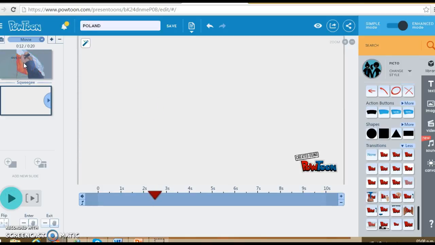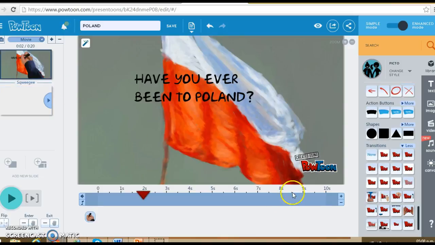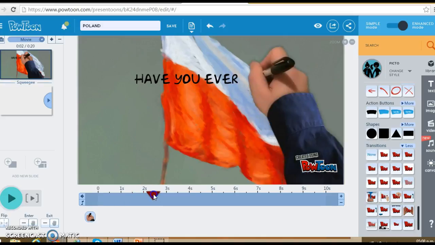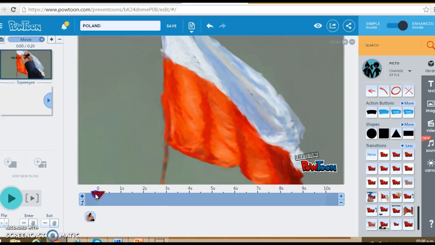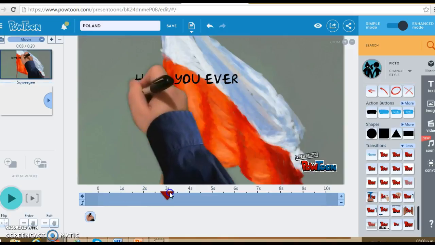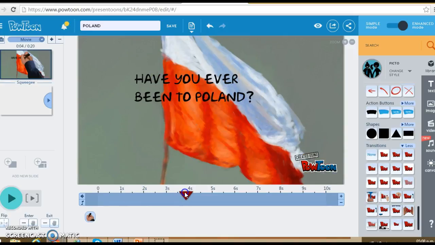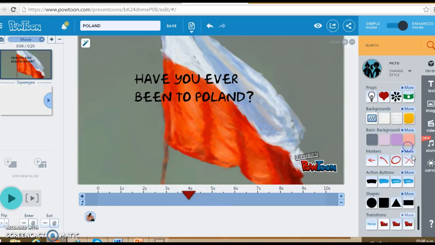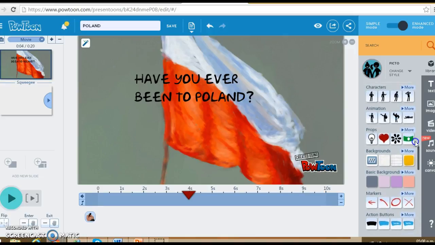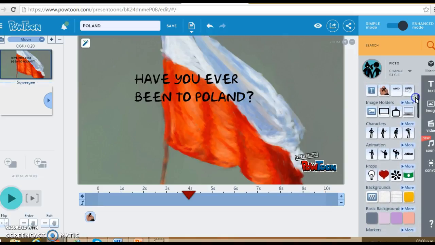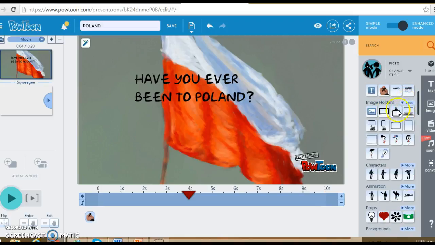Now what I can do is maybe if I think that the 20 seconds or 10 seconds is too long, because as I see here I had some time before anything appeared and then there is the handwriting. At that point I want to add something because I think that it's too long. So I want to add an image, another image, and I want to put the image in a holder,